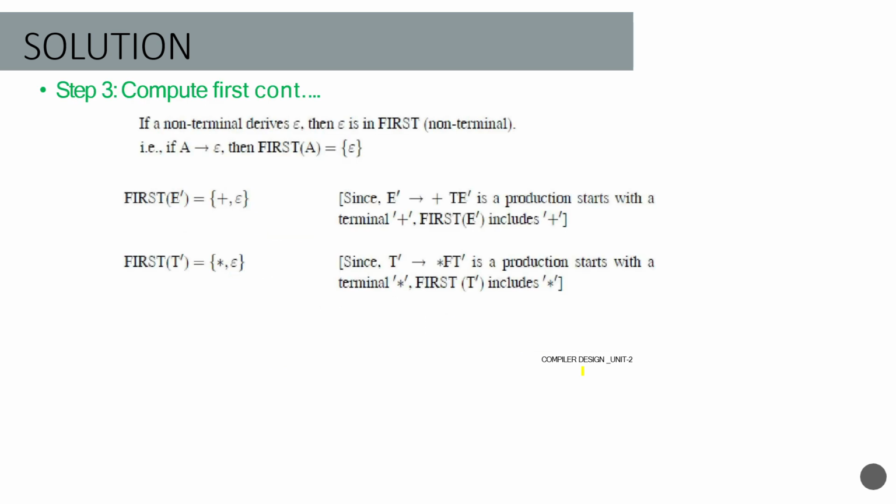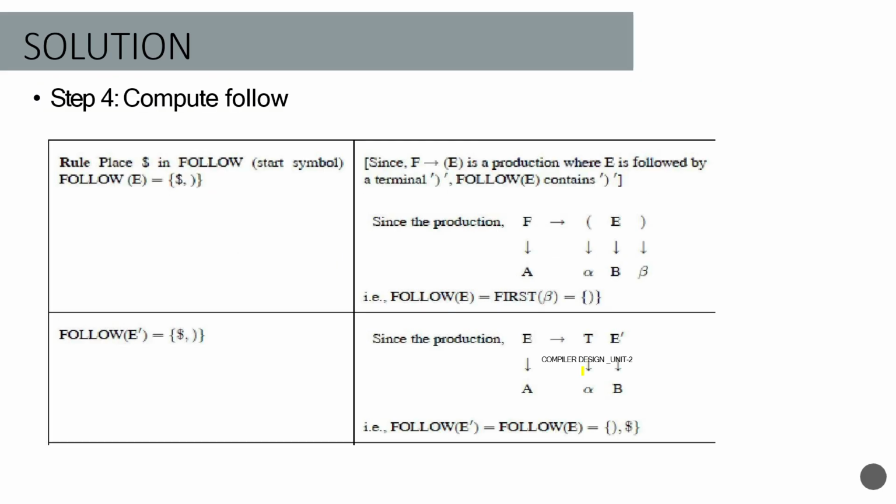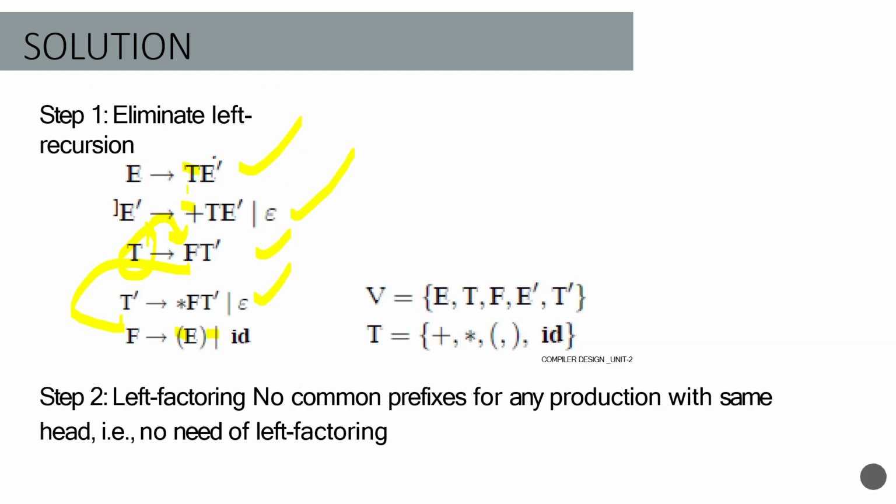So in this way we are finding the first for all the non-terminals. Next one, we need to find the follow. So follow, as per rule number 1, whatever the start symbol, the follow of the start symbol is $. So place the follow of E, that is follow of E is $ symbol. Then next we need to find out what is follow of